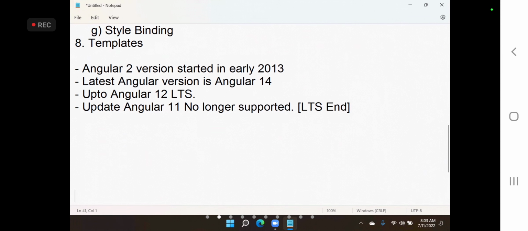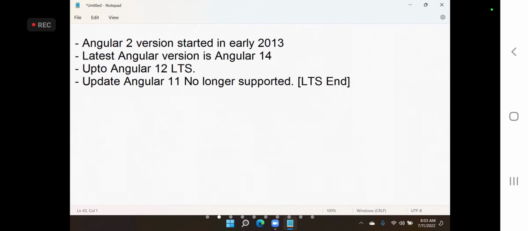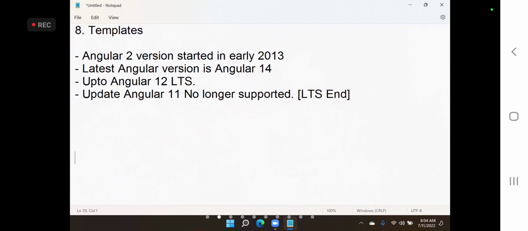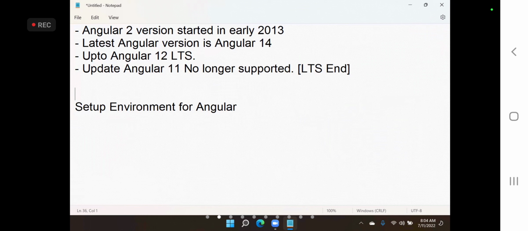And now, importantly, technically, to work with Angular, how to set up the environment, how we work with the environment, we will see. So first important is setting up the environment for Angular.